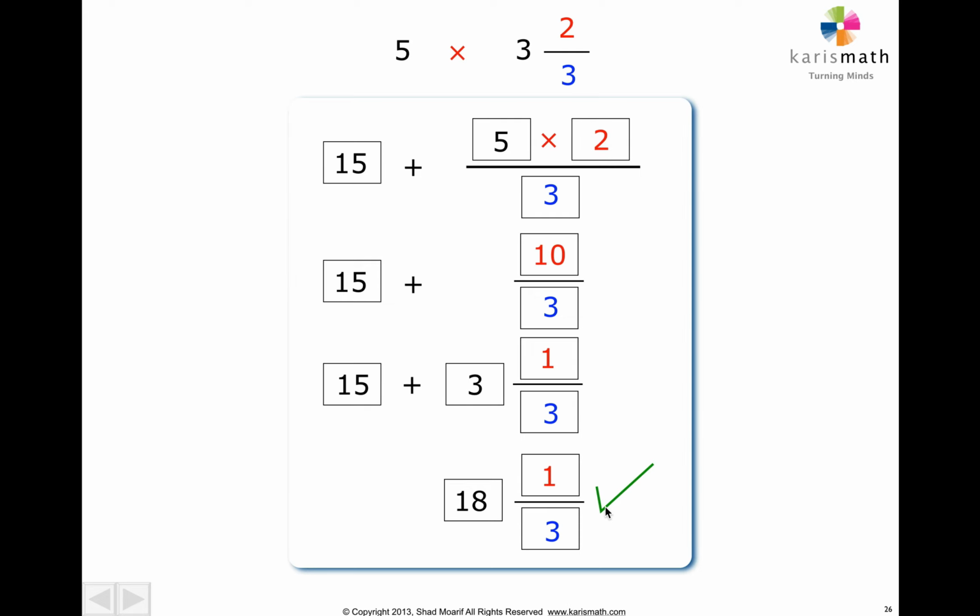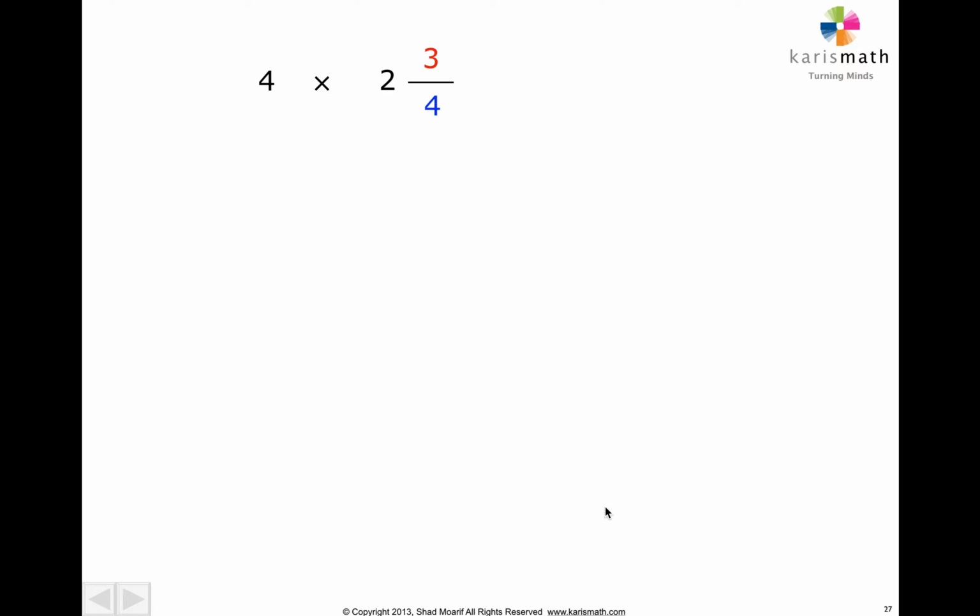So you can do it this way. And you can also do it another way. So let me show you another way. And this may be pretty handy sometimes. So 4 times 2 3/4. What we do is make 2 3/4, show you 2 3/4 here. And break these all into quarters. So break this into,